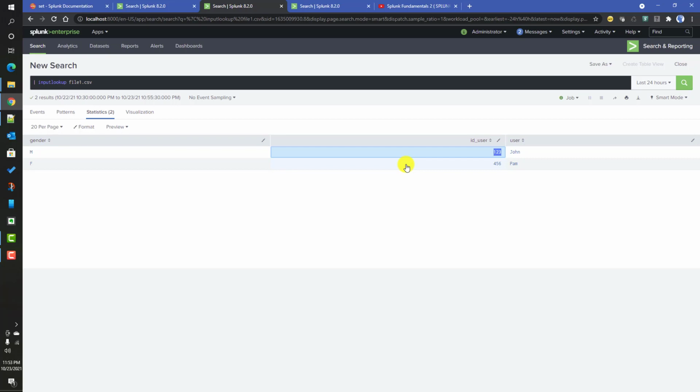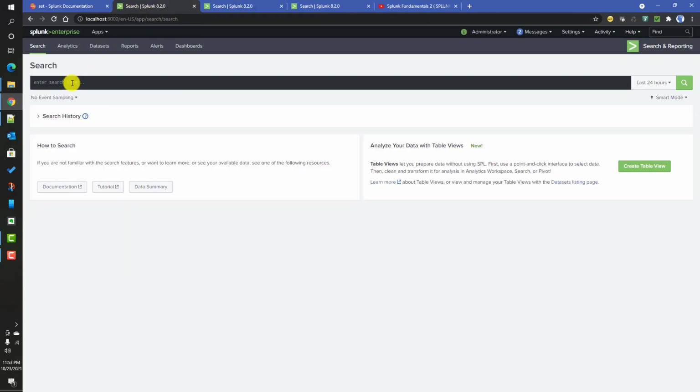Ideally you should be working on the extracted fields only, instead of comparing the underscore raw field. You also need to be careful about the internal fields created by Splunk, like underscore serial.